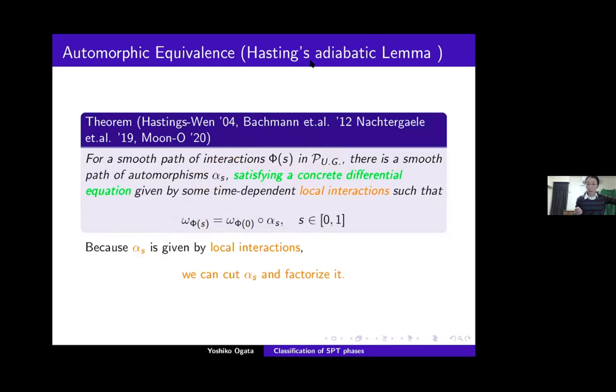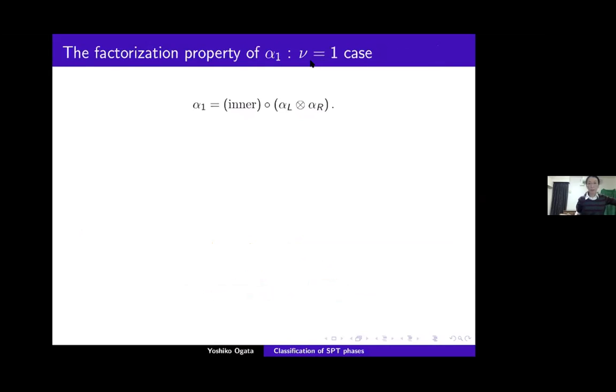But it's not just interpolating the ground state; we actually know a lot about this alpha_s. Namely, it satisfies a concrete differential equation given in terms of local interactions. This is quite a lot of information, and this enables us to do many things. In particular, the important property of this alpha_s for us is that because it is given by a local interaction, we can cut alpha_s and factorize it. That is very important for us, and it turns out to be very useful in our analysis. So let me explain what I mean by cutting alpha_s and factorizing it. First, let me start from